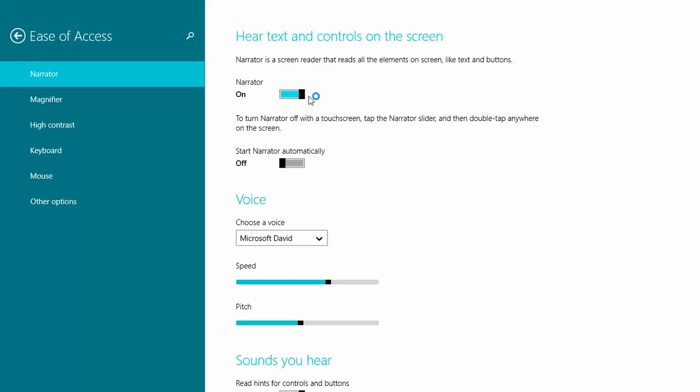Starting narrator. PC settings. Exiting narrator. So I just turned the narrator off just for